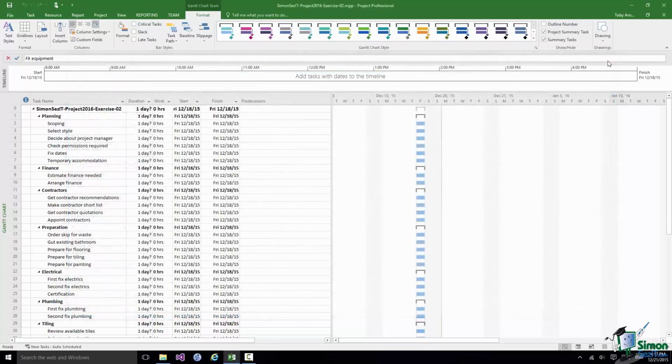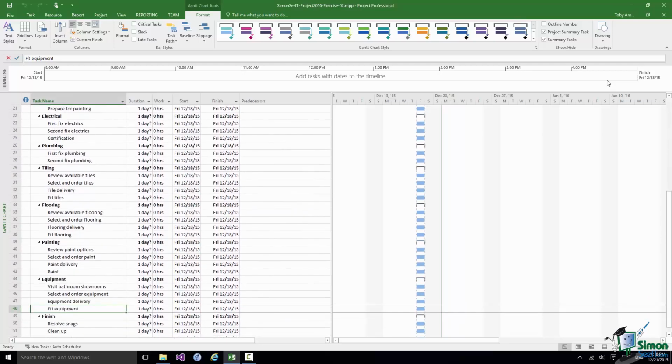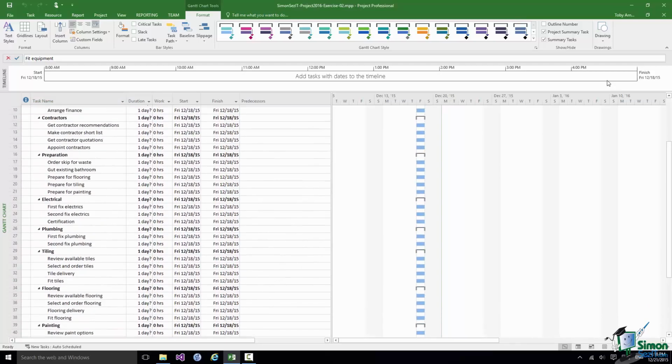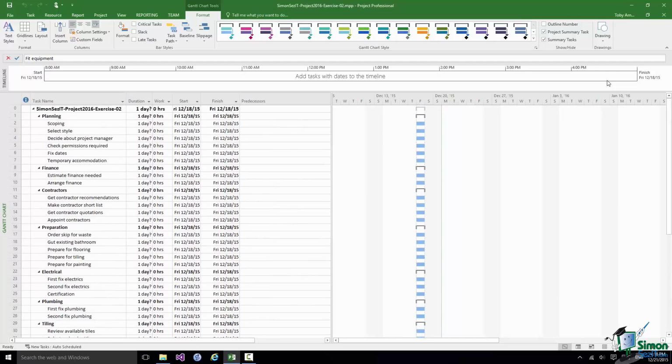Now notice I've still only got 1 day estimated as the duration of each task, but my project now has structure, and in particular note the project summary task right at the top there, the task with ID 0. So that's it for exercise 2. My sample answer is in the usual place. I'll see you in the next section.